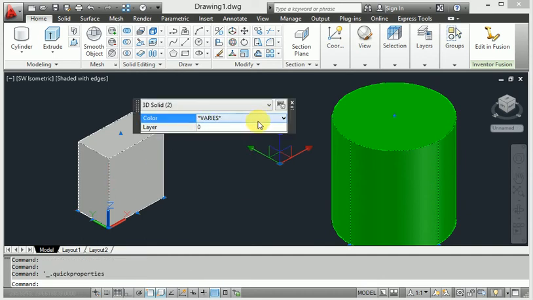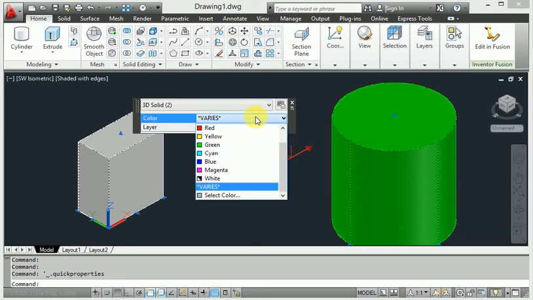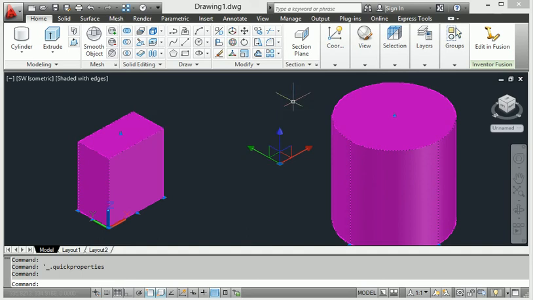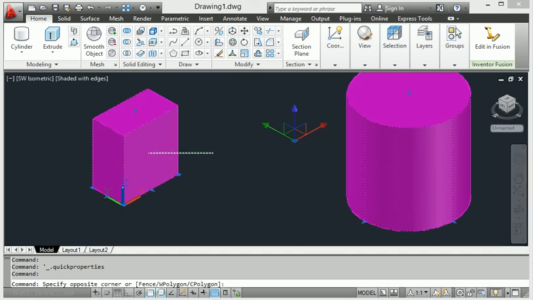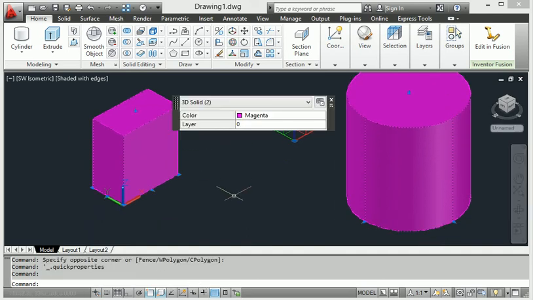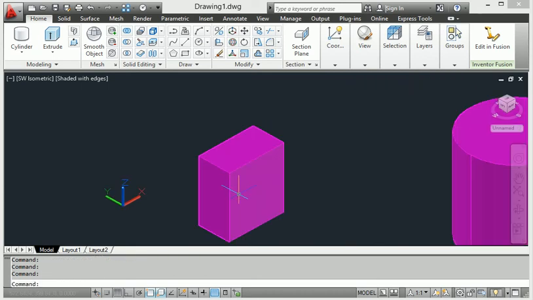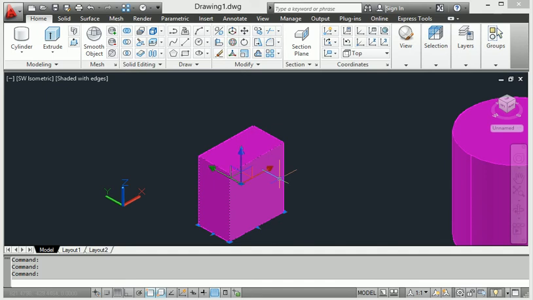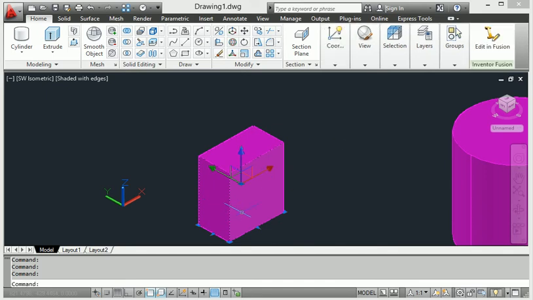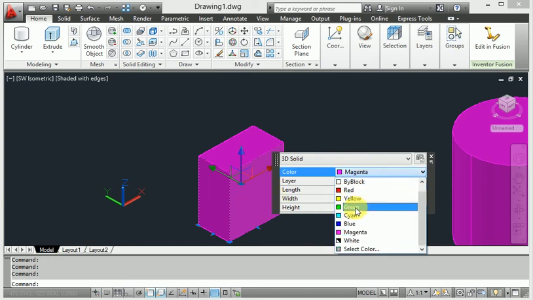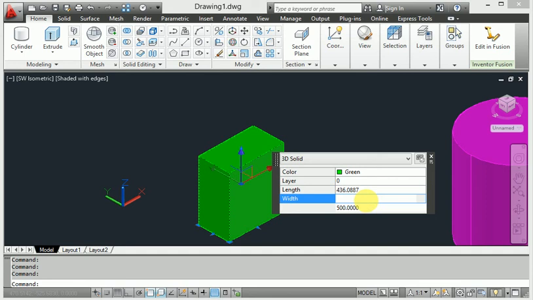Then I click this line and change the color, for example magenta, which changes both of them at one time. Then I want to change the color individually.